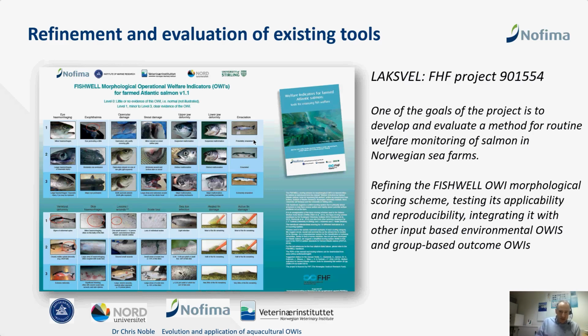There's also the scoring schemes out there. There was a very nice presentation 2 weeks ago at the SWILA webinar by Carolina Gutierrez-Rabadan on OWIs for lumpfish. She took a slightly different approach, used a mix of 2 to 5 point scales. So there's lots of variations on a theme. The main thing is that you select the indicator, you see that it's fit for purpose for that life stage and that species, and then you come up with a good and robust way to score it.